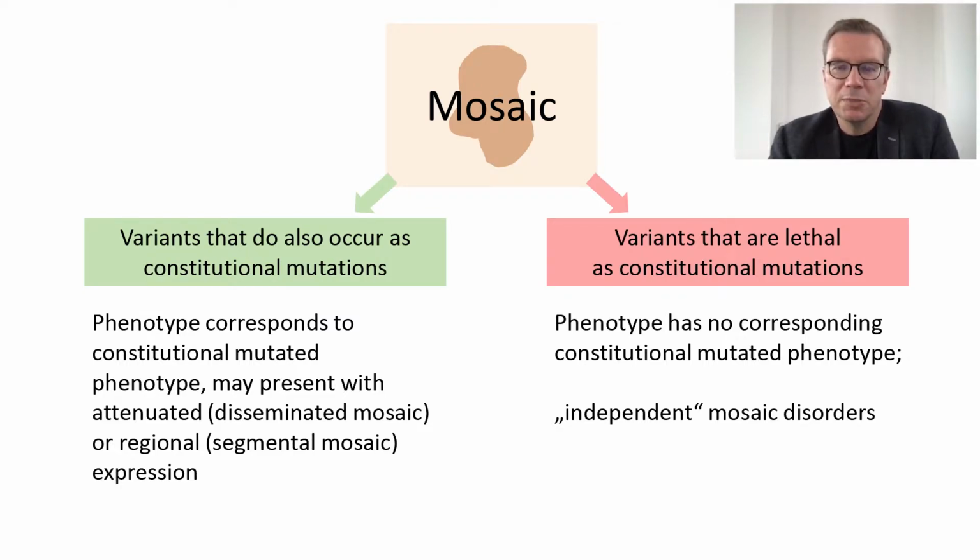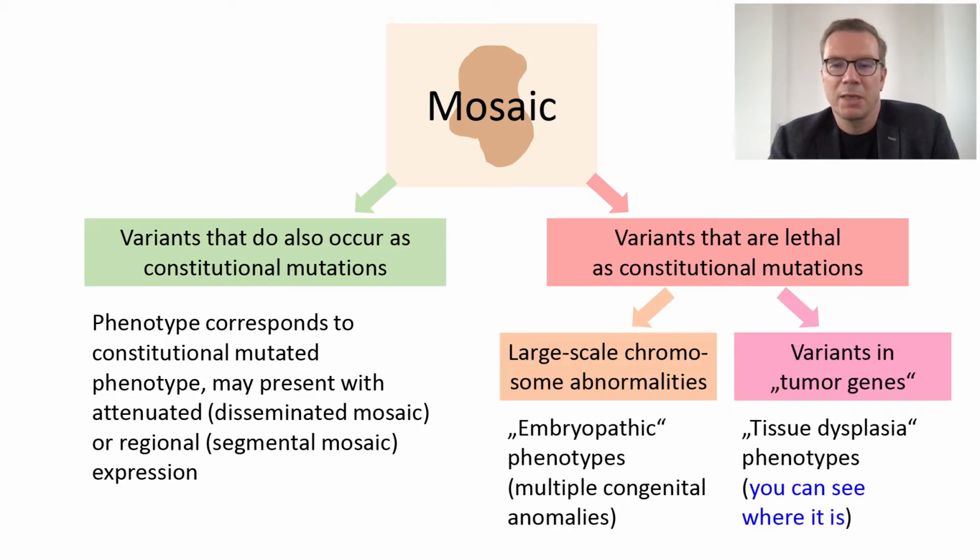But mosaicism can be also caused by variants that are lethal as constitutional mutations, and these disorders are only seen as mosaic disorders, and the phenotype has no corresponding constitutional mutated phenotype, so to say an independent mosaic disorder. And this includes, for example, large-scale chromosome abnormalities, which I would say cause embryopathic phenotypes with multiple